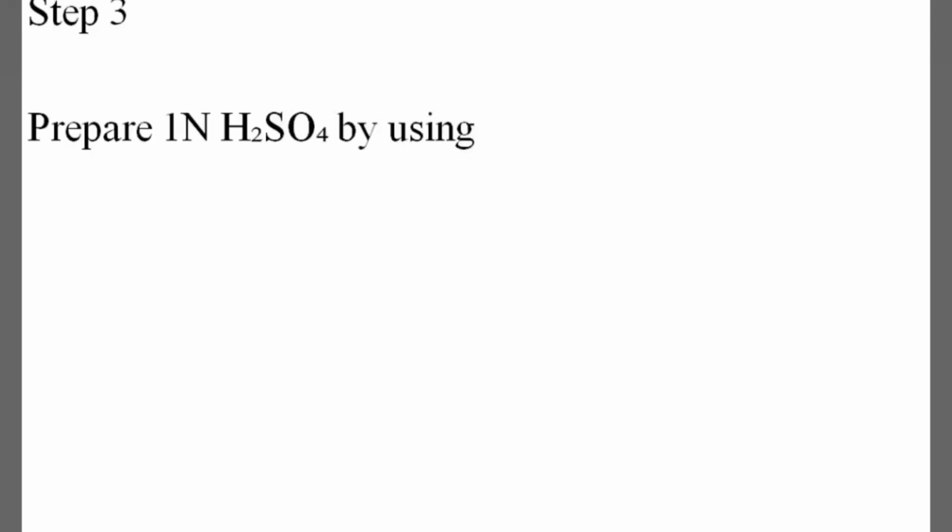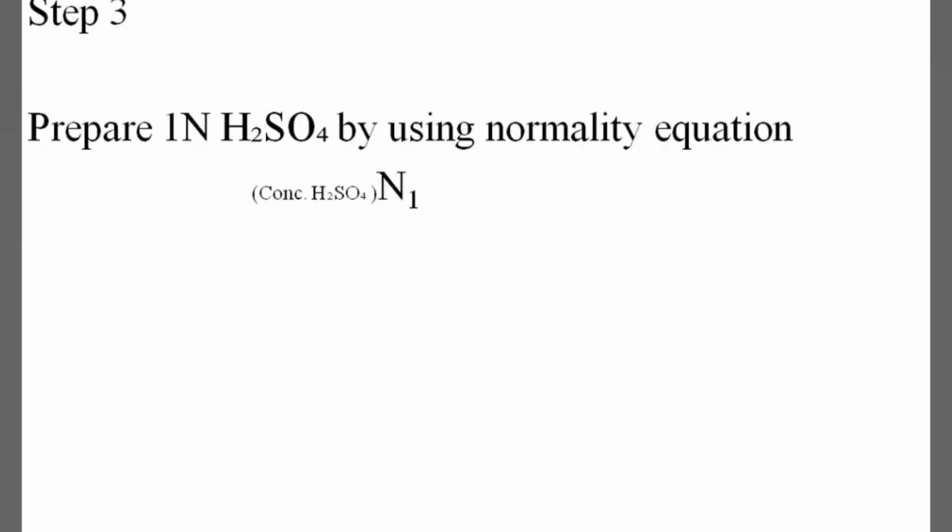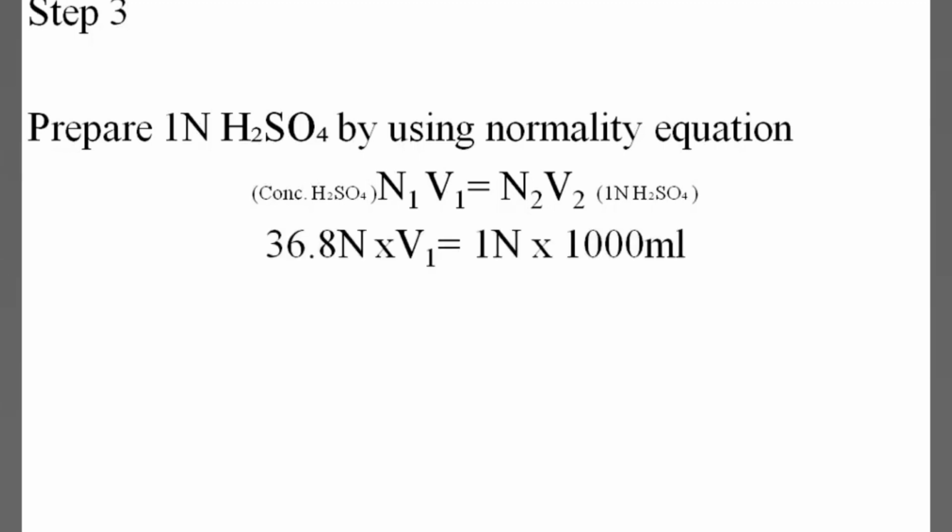Now step 3. Prepare one normal H2SO4 by the normality equation. Everybody knows the normality equation, which is N1V1 = N2V2. Here N1V1 represents concentrated H2SO4 and N2V2 is for the one normal H2SO4 which we want to prepare. Let's put the values. Here N1 means the normality of concentrated H2SO4, which is 36.8 normal, which we have already calculated, and V1 is the